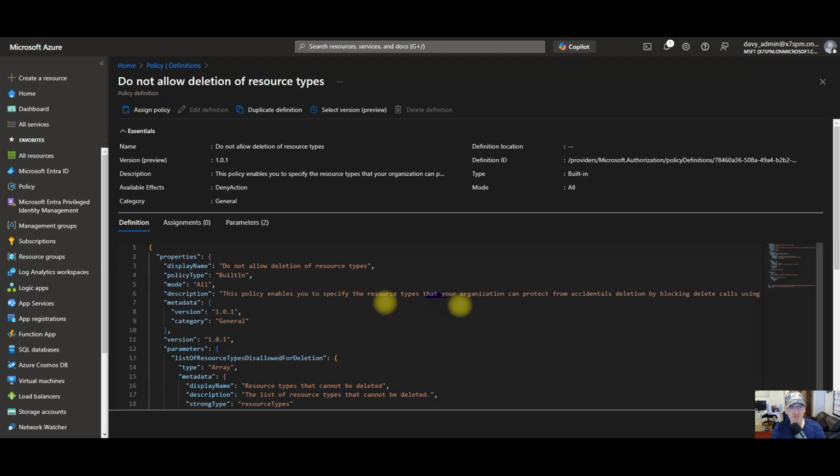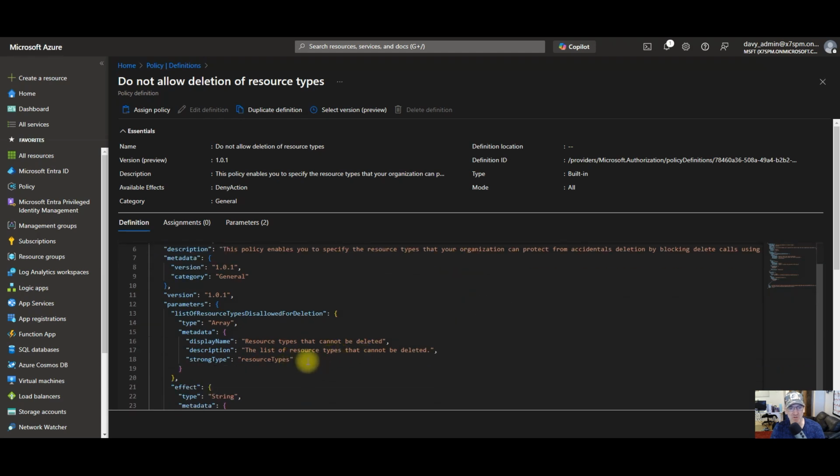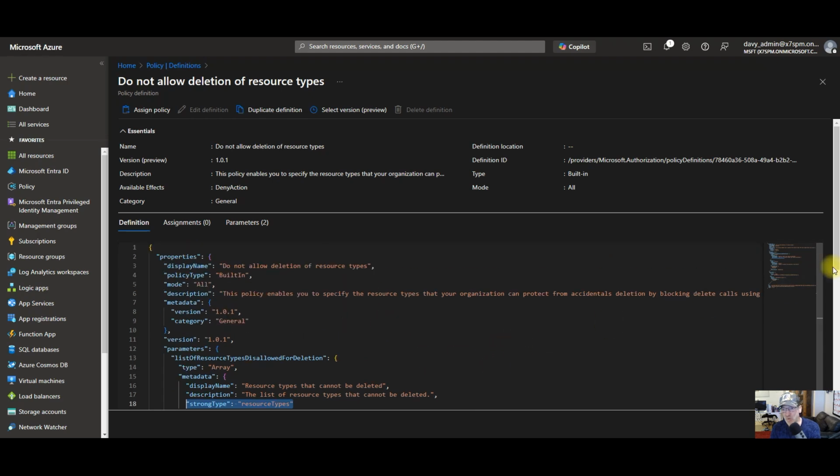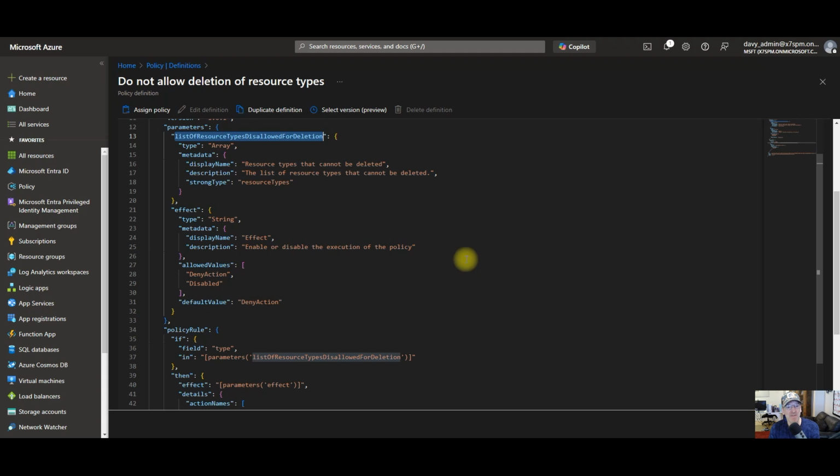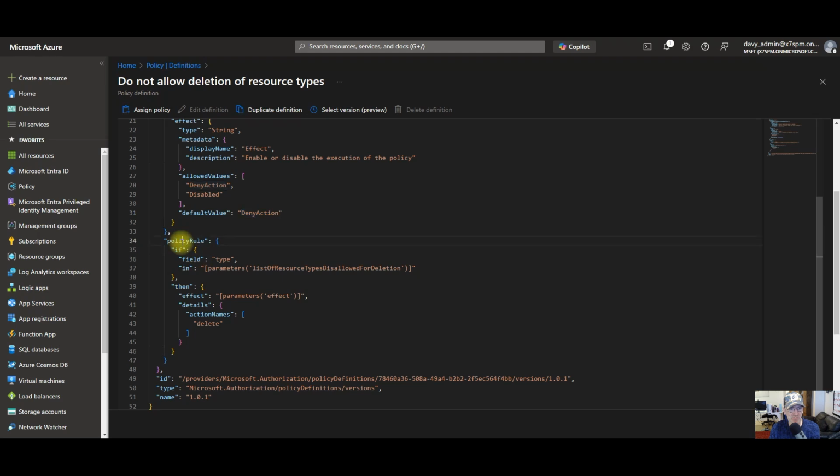Now at this present time, this here is basically targeting all resource types. What we're looking at, folks, if we wanted to apply this policy, we could then assign it, and we're going to be able to select our resource types. The way this policy runs, folks, is it will look at a list of resource types disallowed for deletion. They will be the resource types that we will select in our assignment. Okay, the effect is the deny action. The deny action is when this policy rule looks and it finds that resource type, it will then prevent that